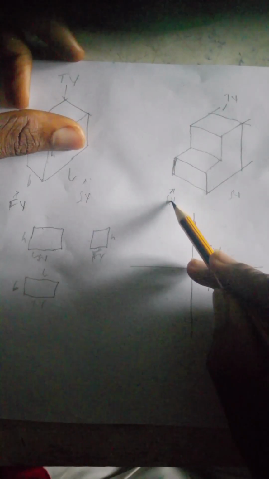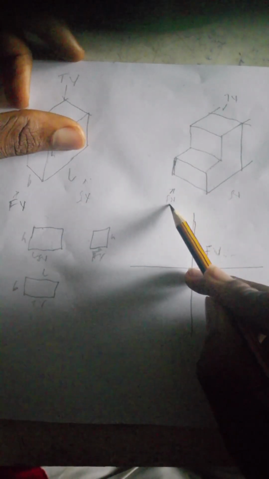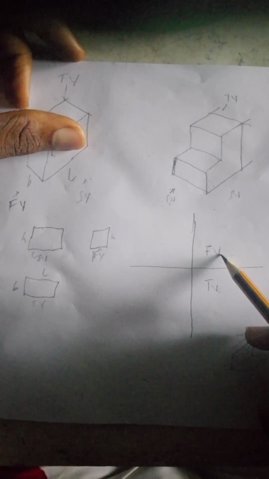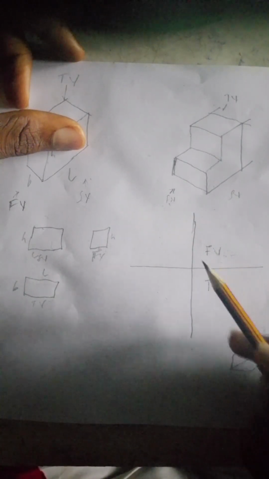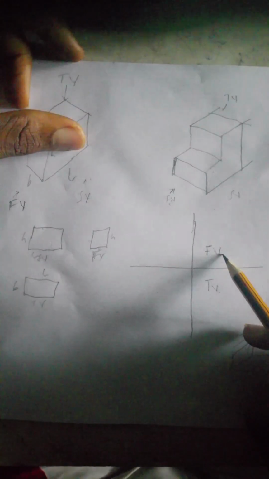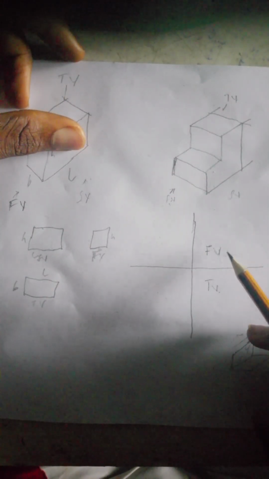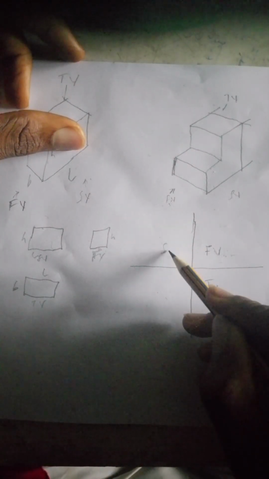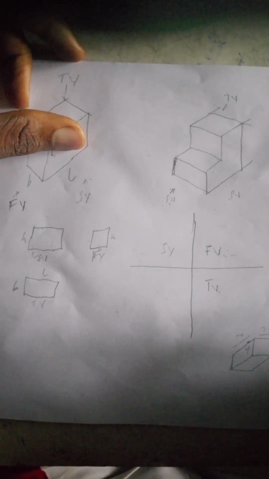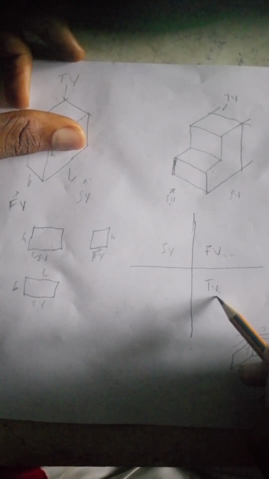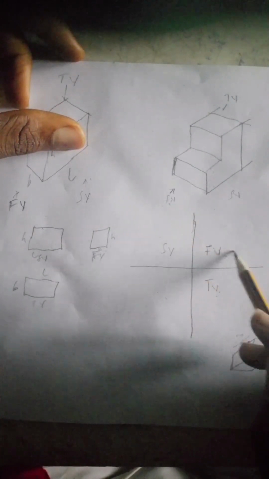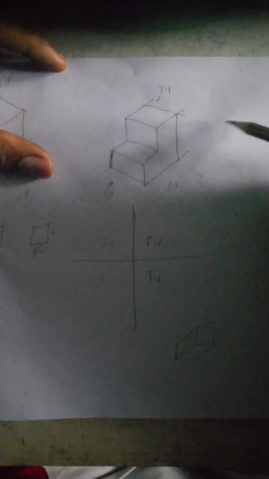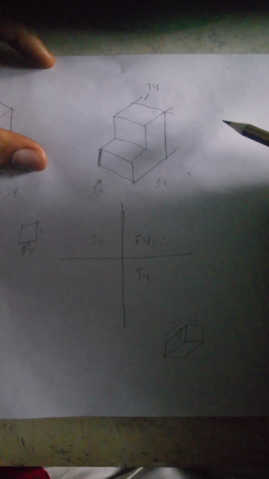So since here from the isometric drawing, my front view is on the left side, this is first angle projection, my front view will be on the top right. So then the side view now will be on what? The top left. And then the top view will be below the front view. So basically I just interchanged it. That is first angle projection. If you have another image like this now,